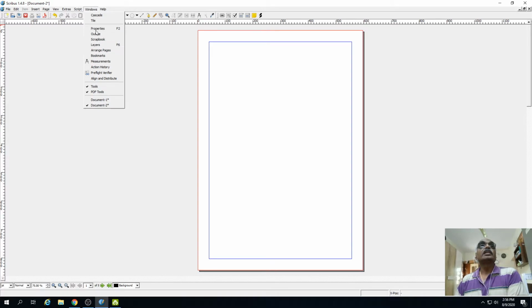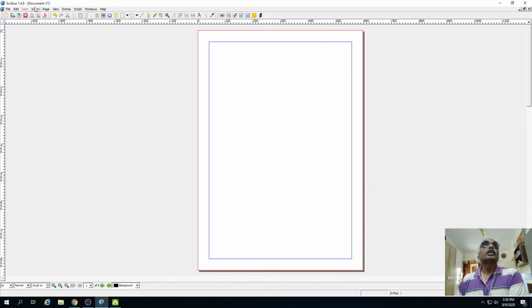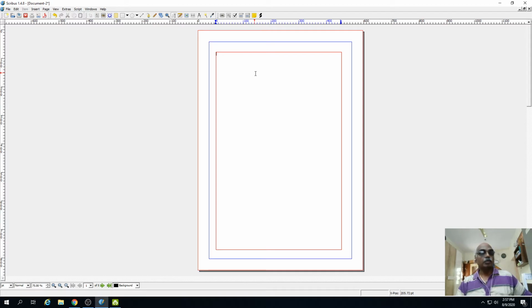And then these are all the windows. The windows can be changed into cascading type, tile type. Tile is where the windows are arranged one below the other. And then properties is where we are going to work very commonly. Supposing you are creating a text box here, I will create a text box and show you. Insert text frame. So I am going to create a text frame. This is how the text frame will look. As soon as I create a text frame, I will be able to type something in it.